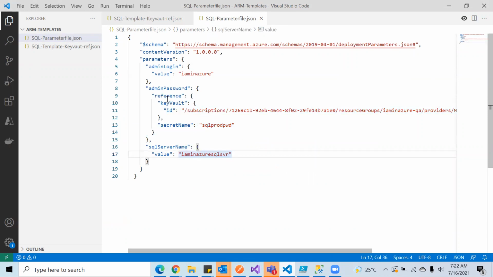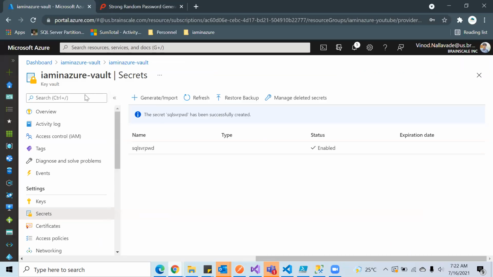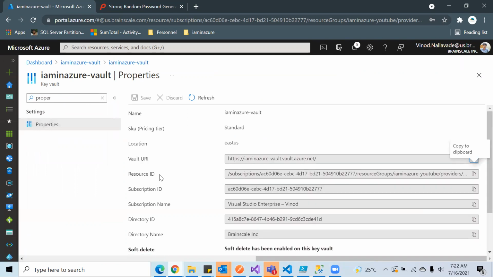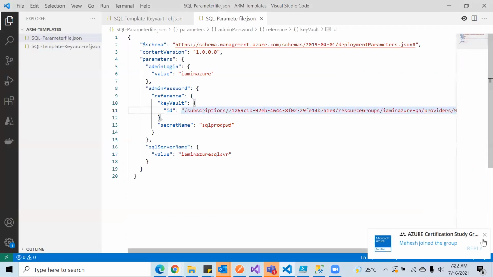So let's just refer to this key vault, which is our primary idea of creating. The key vault resource ID, you can get from the key vault properties directly. So here you have the resource ID. You just need to copy this and you can put it here.